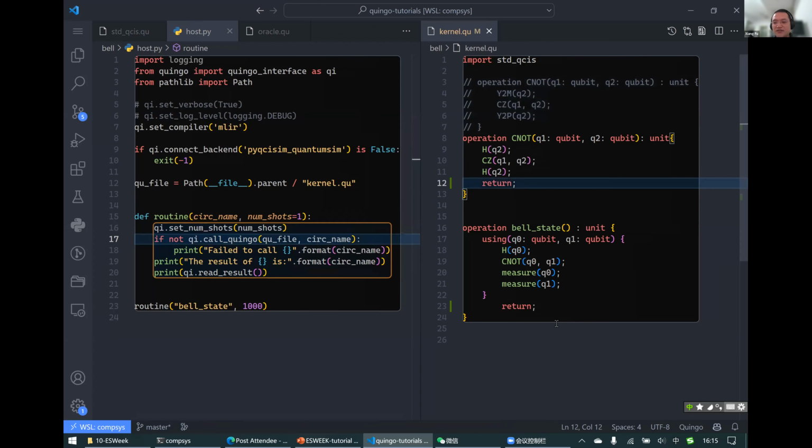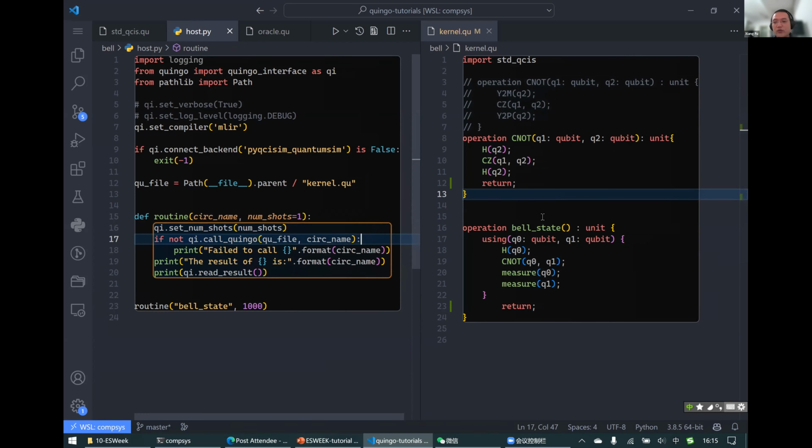And here is the logic you do. So how do you call the Quingo kernel? You provide the file which specifies the operation, and which operation you are going to call. Because this one accepts no parameters, there are no trailing parameters here, and this performs the call.